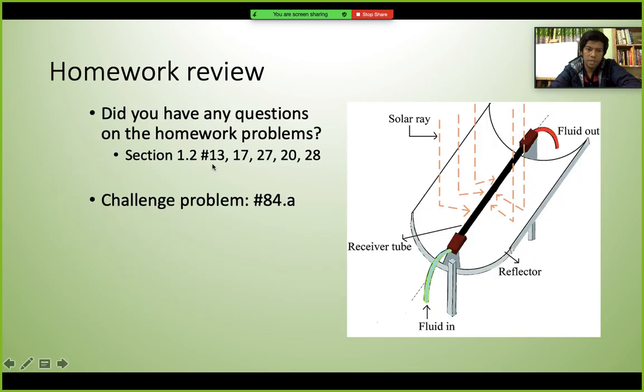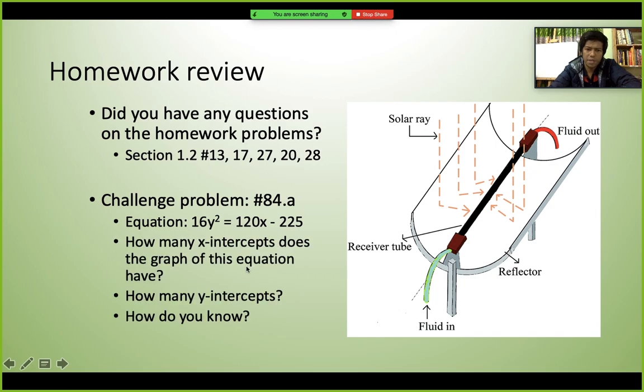We said that from section 1.2, problems 17, 13, 17, 27, 20 and 28, if you have problems in these maths, you can just tell, and we will discuss it during the class. And then one challenge problem: 16y² = 120x - 25. The question is, how many x-intercepts does the graph of this equation have, how many y-intercepts, and how do